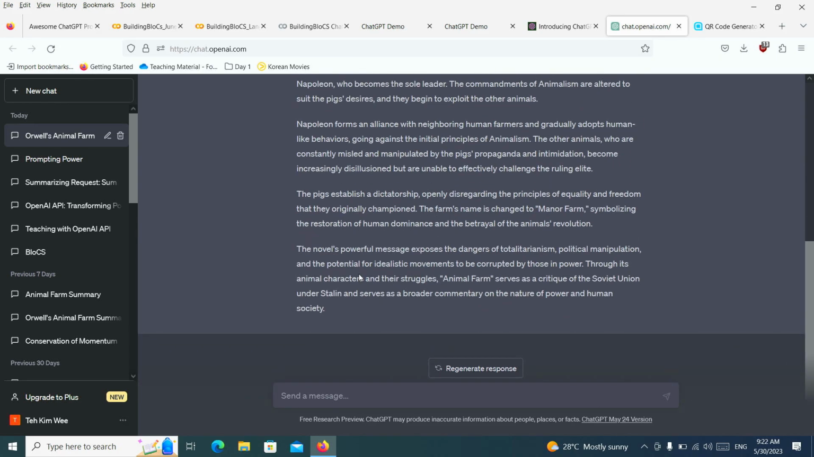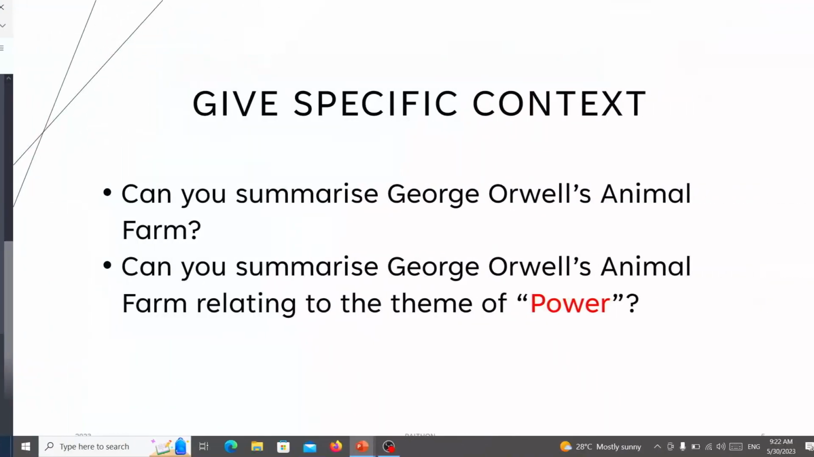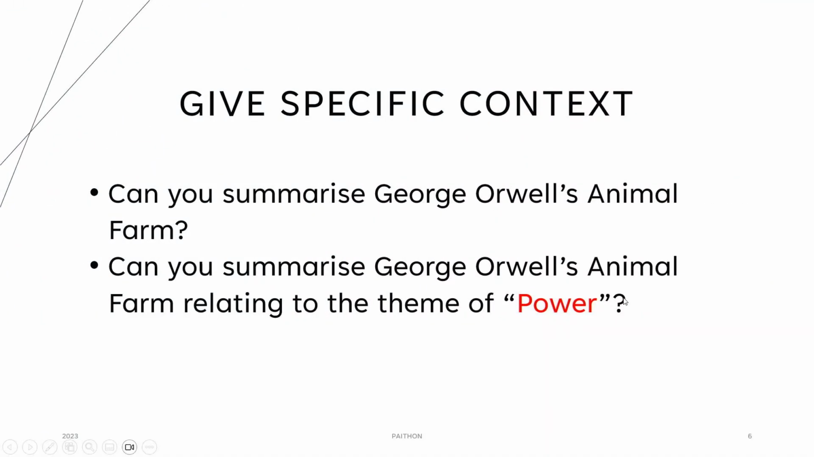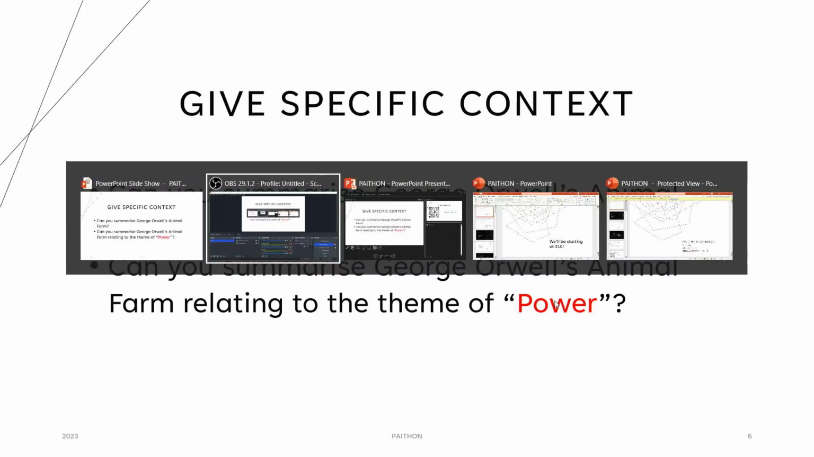But if we actually use the other way of prompting, which is, can you summarize George Orwell's Animal Farm relating to the theme of power? Yeah, so if we try the second prompt, which is over here,